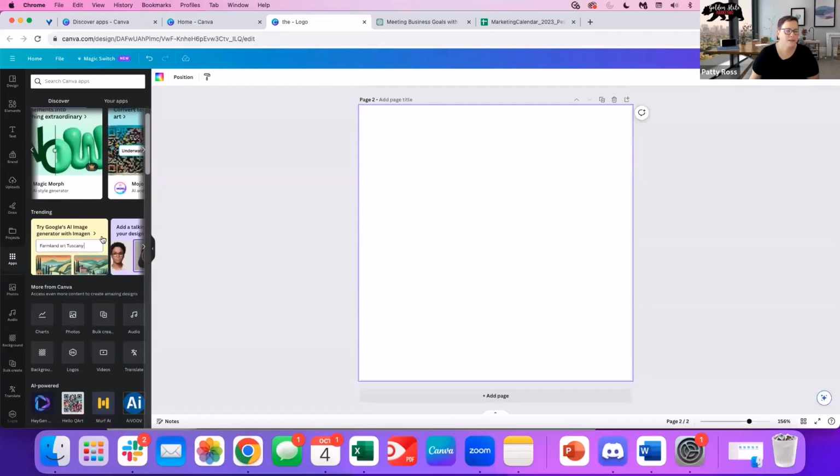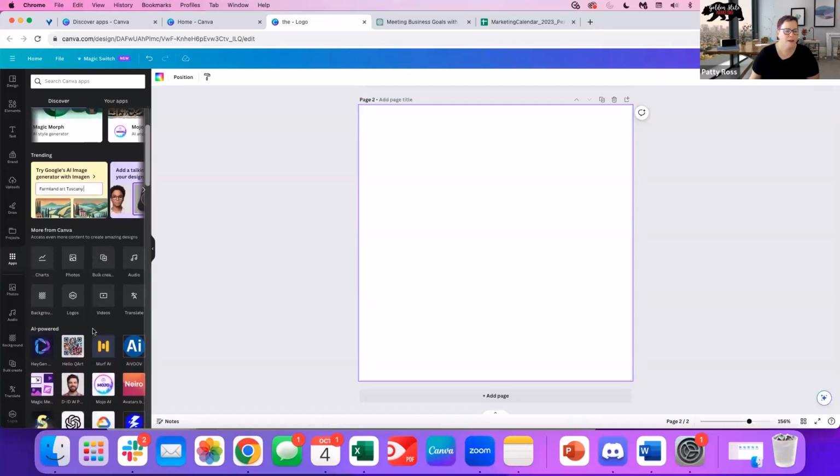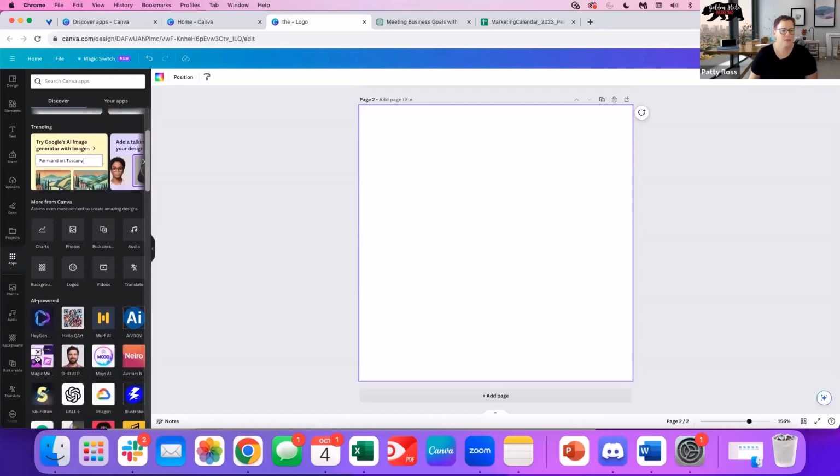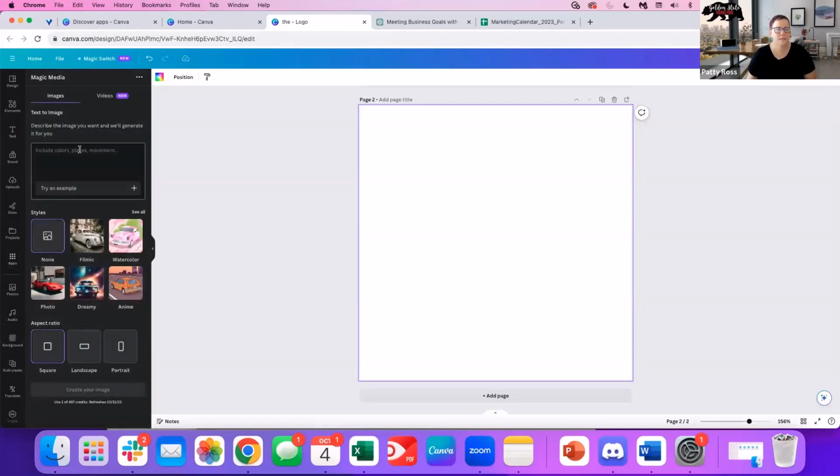Moving everything around here. So there's a couple options for AI. I'm trying to find them. Here it is, Magic Media. Okay, it used to be called text to image here. So you could say, let's see, graph. Let's see, wine bottle